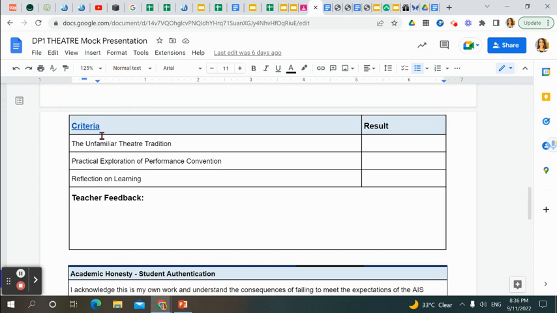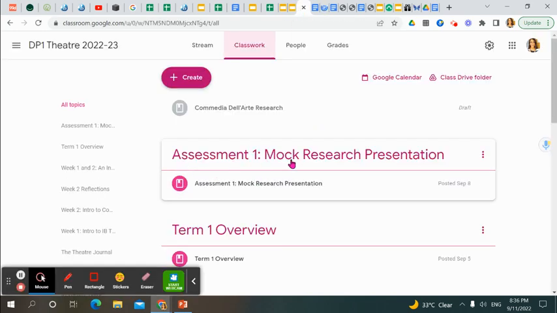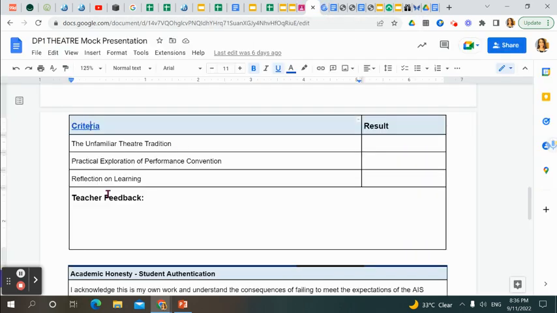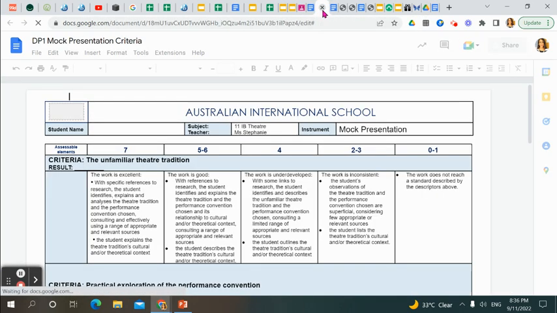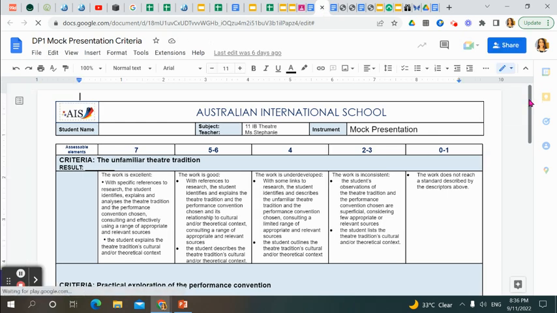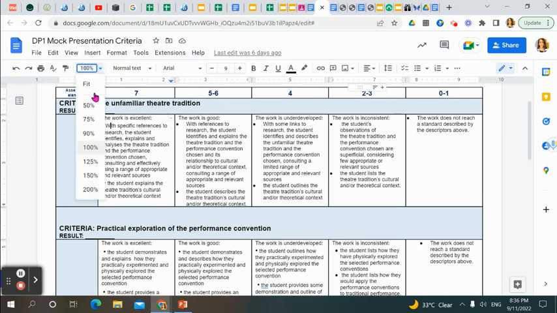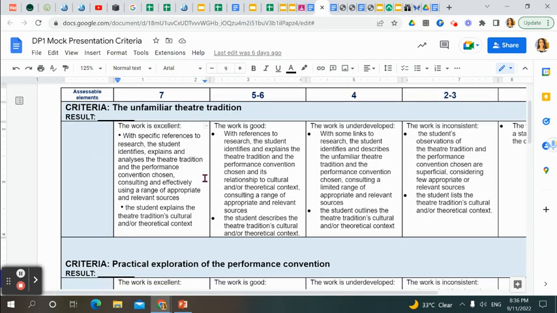So, year 11, there are three parts to your criteria for this task. And you'll notice that this task is available on Google Classroom under Assessment 1 Mock Research Presentation. Okay? So, if you click on the link here in your task sheet, it will take you to the criteria sheet. Let's have a look. So, firstly, at level 7, 7 being the highest mark you can get for each criterion, 0 to 1 being the lowest. What we're looking for in criterion A, as I mentioned before, is talking about the theatre tradition